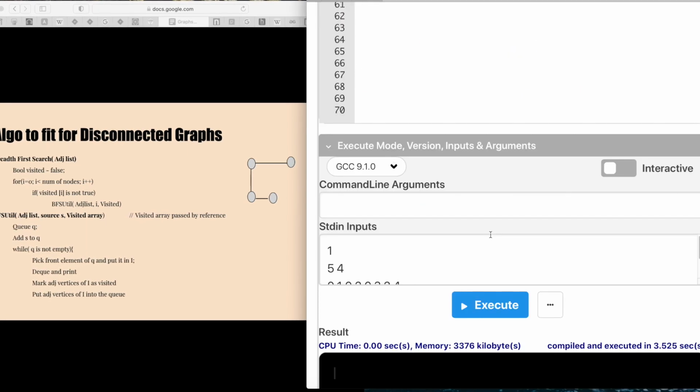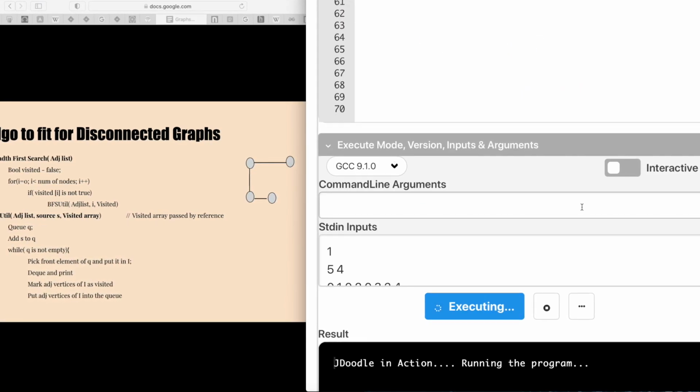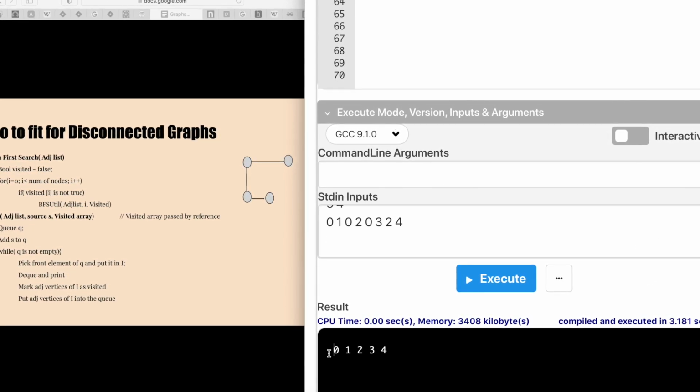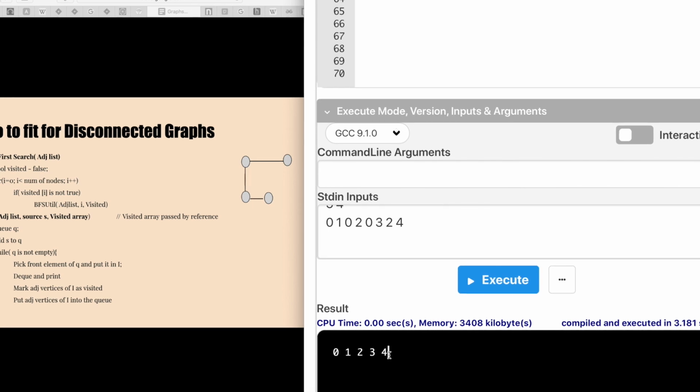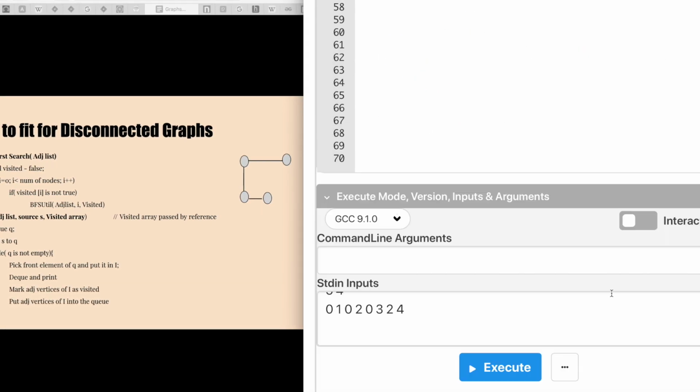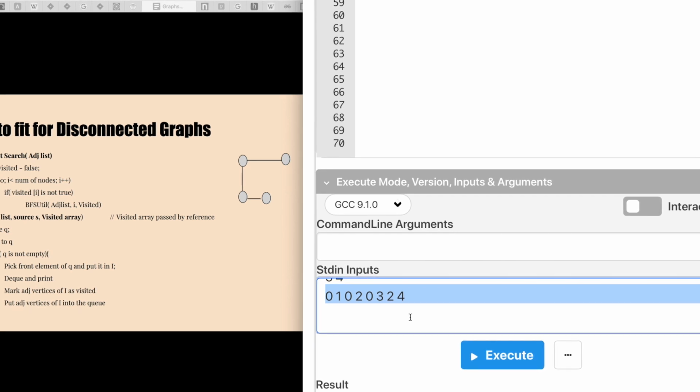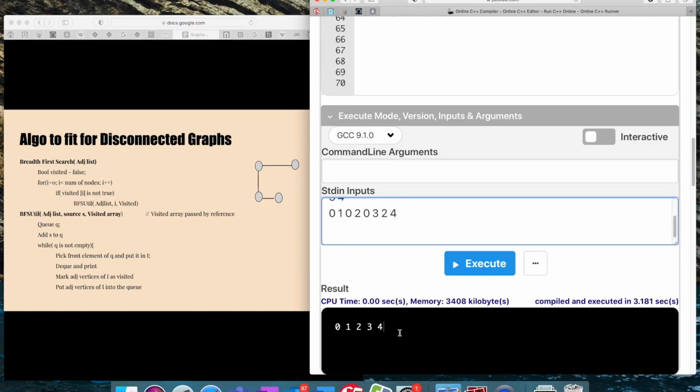Yeah, good. Let's just run the code now. Yeah, we have got the correct output for our input. This is our input. You can draw the graph on a simple paper and check out what the output is going to be. It's just a simple graph.